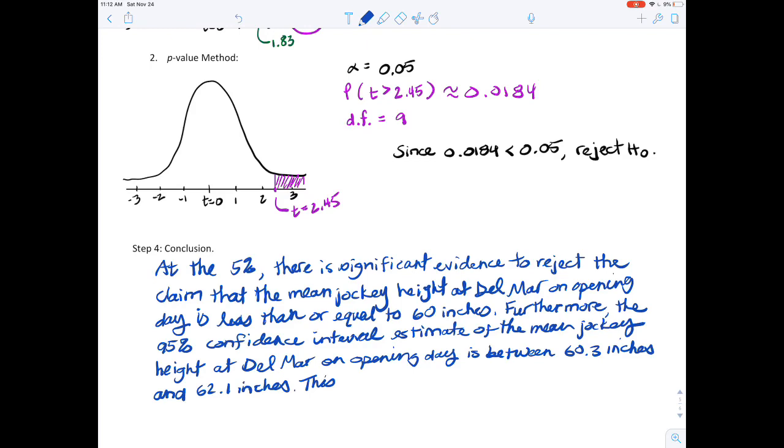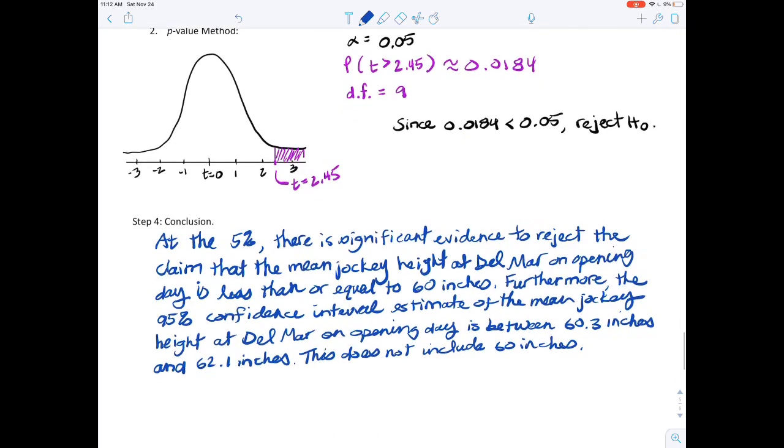This does not include 60 inches. Right? So we've got evidence in all three ways to reject that null hypothesis,